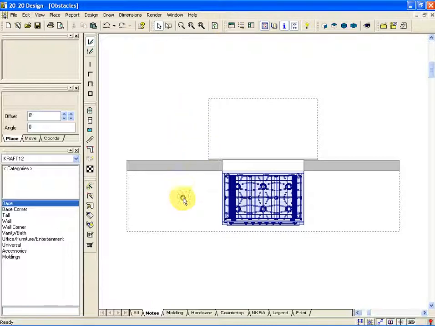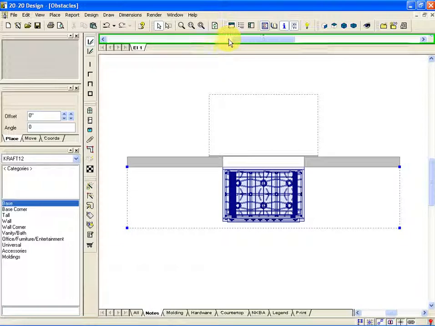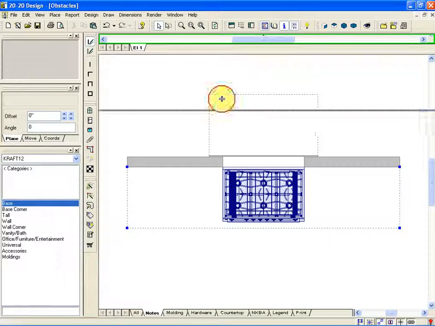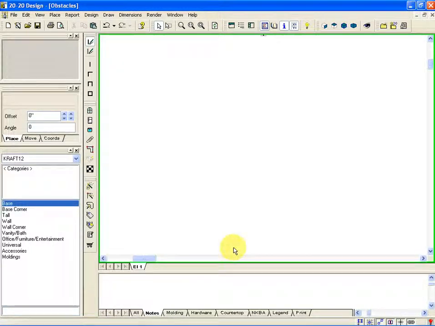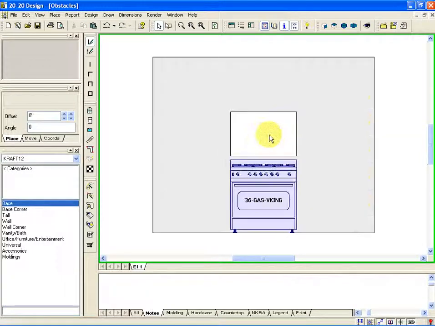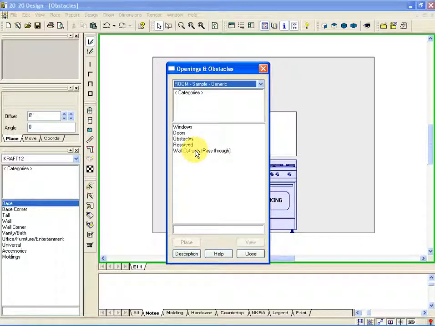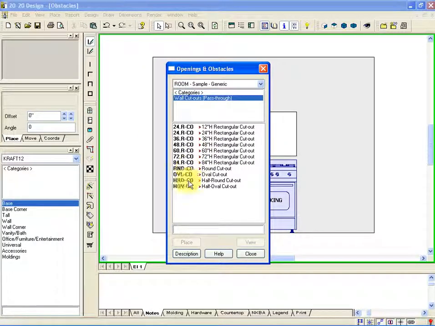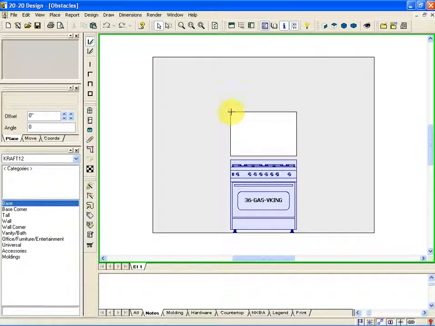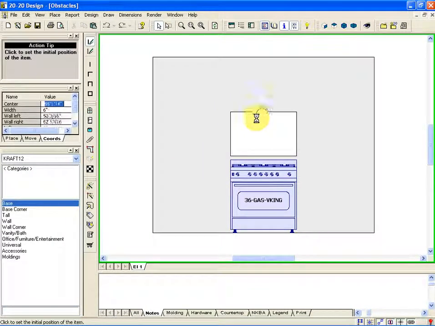my elevation, bring this down, double click that roller bar, and now go back, openings and obstacles, wall cutouts, and we're going to use here the half round cutout. I'm going to double click, I'm going to bring this in, place it, I'm going to left click, stretch that